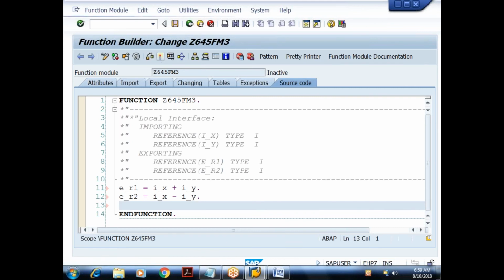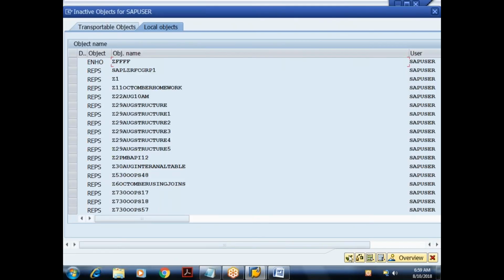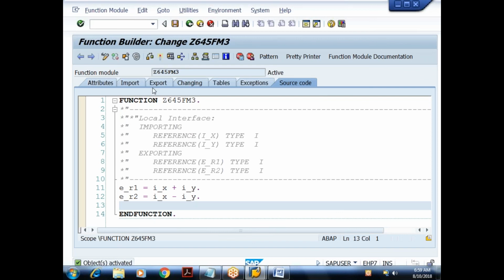Check for the syntax error. Activate this. Done. I can test the function module here only. So already we know that at the time of calling the function module, import becomes export, and export becomes import, reverse. So when I execute this,